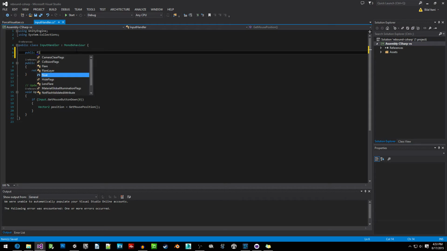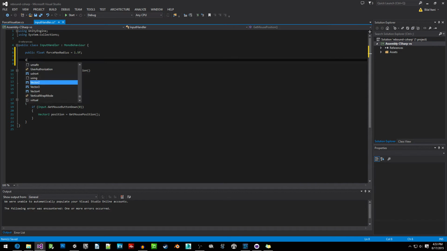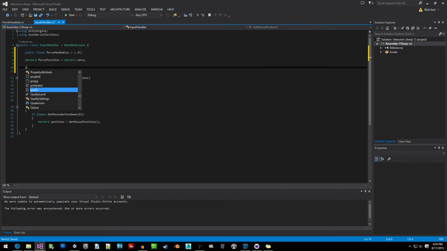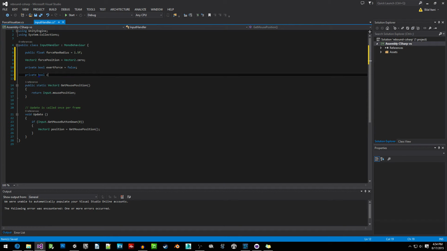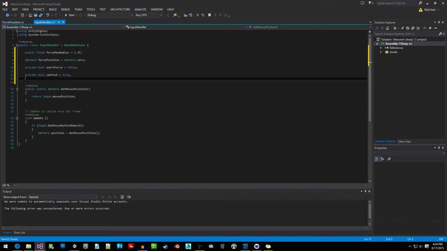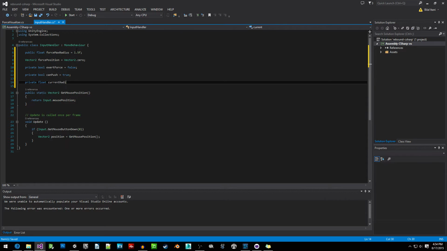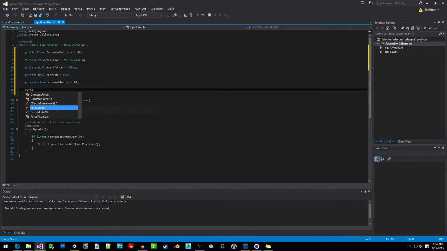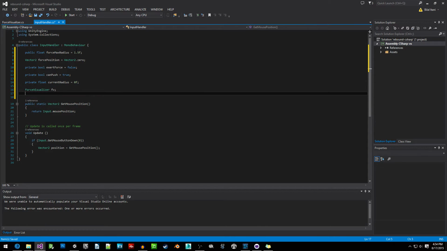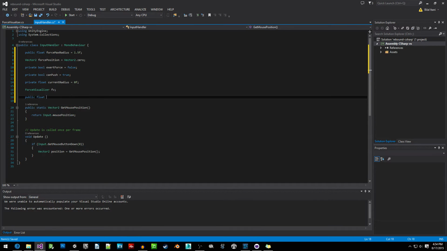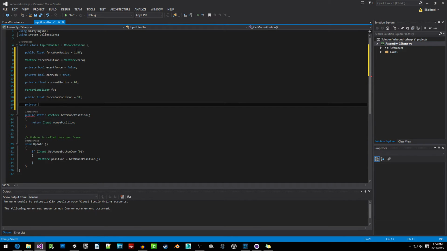So we're going to do public float force max radius equals 1.5f, Vector2 force position equals Vector2.zero, and then we're going to do private bool exert force equals false, private bool can push equals true, private float current radius equals 0f, force visualizer, which is going to reference our other script as a component, fv is going to store that, and then public float force gun cooldown equals 1f, we'll use that later, private float current radius percentage equals 0,